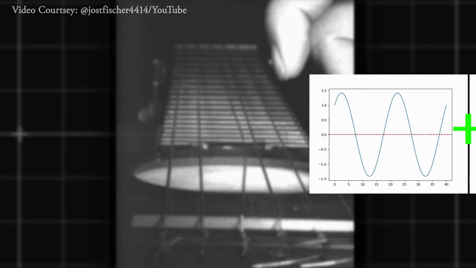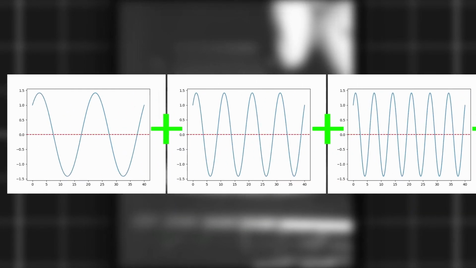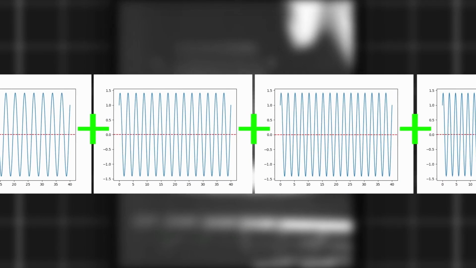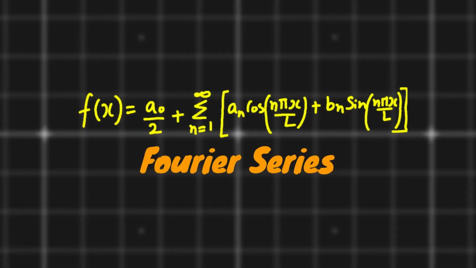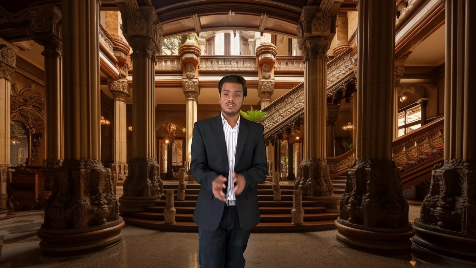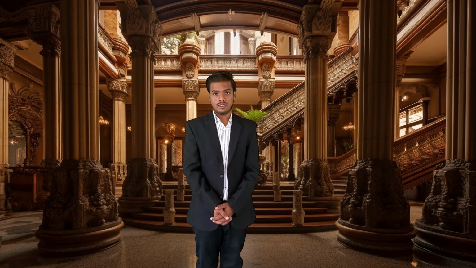It may seem like the string vibrates in some random waveform, but in principle, it is the infinite summation of several standing waves of sines and cosines. And from the mathematics of Fourier series, we can actually calculate it. But there is one issue with this. Is a wave really made up of sines and cosines, or do we assume it to be in order to reduce the mathematical difficulties? Well, it is not limited to waves only. It is one of the unanswered questions of physics and mathematics.